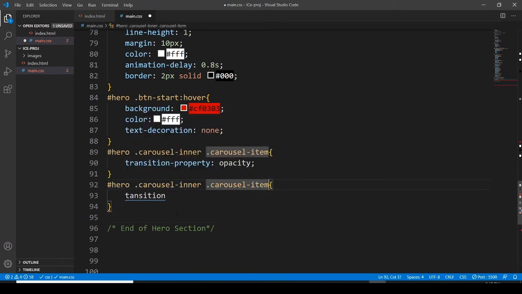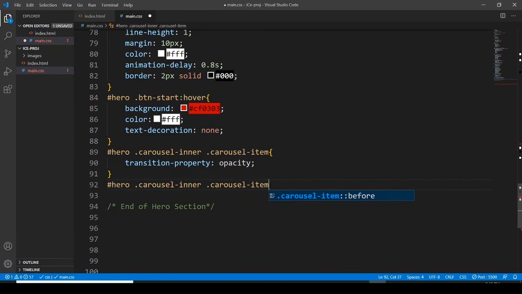I'm so sorry, let me clean my glasses. My apologies for the mistake. I'm just repeating the mistake, but just a minute, okay? Okay, yep, let me remove this code block. Okay, so the carousel item, and then I want to go with the hero ID, and then carousel inner